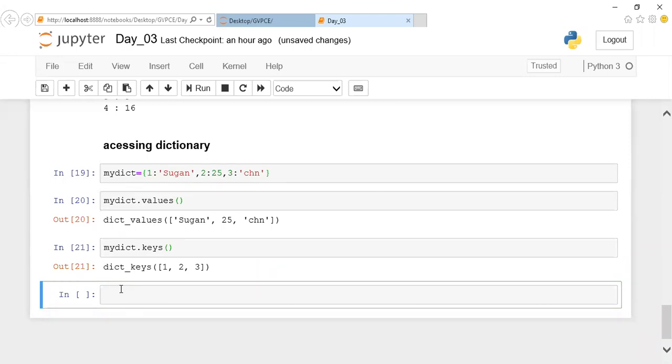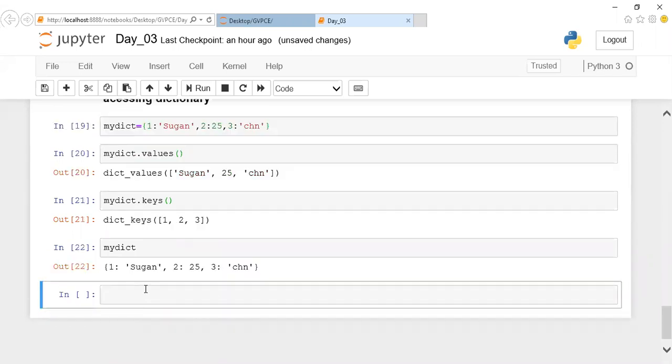If you want both, you can mention my dictionary directly, or you can mention my dictionary dot items. Then you will be able to find all the items.